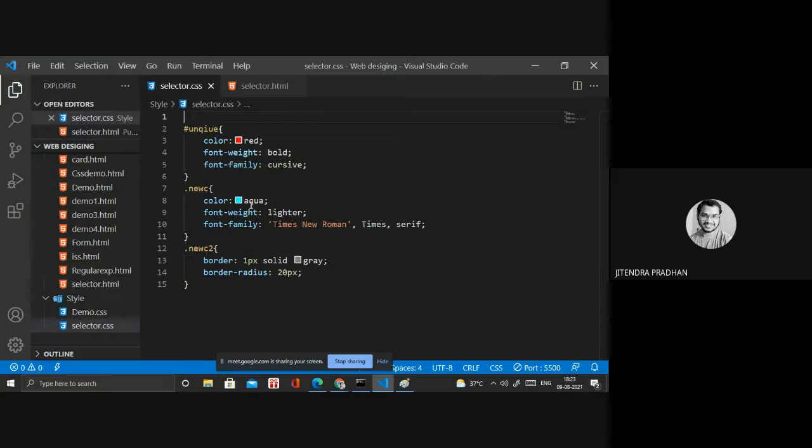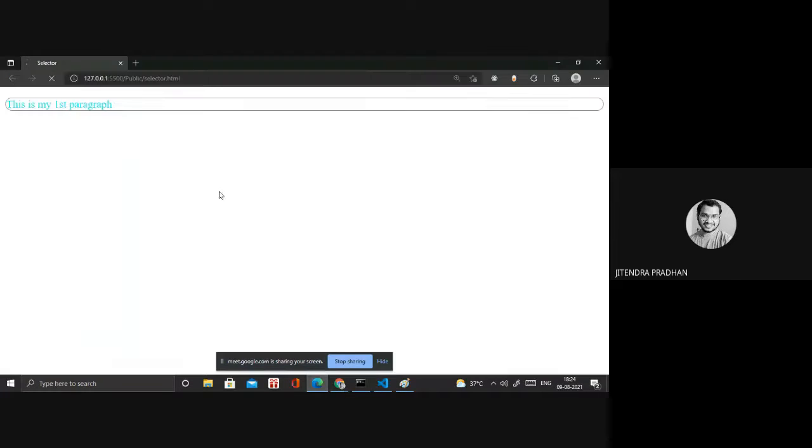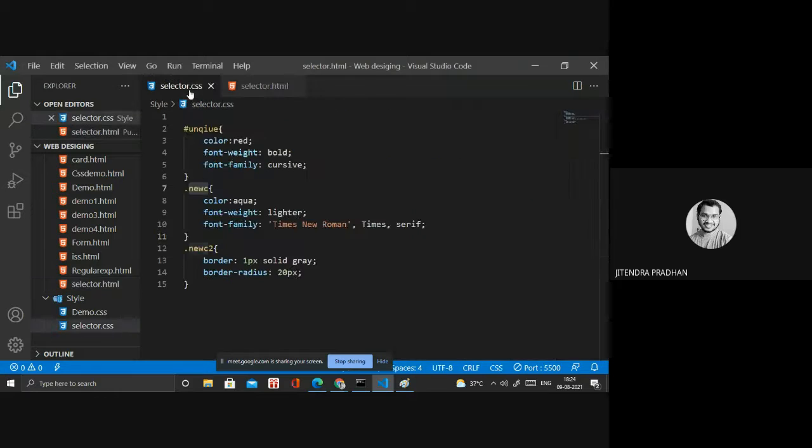New C and new C2, I think, yeah, done. New C, I will copy that one and will paste inside that. Sorry, it's class. No, that's why it's not affected. Wait, class. Okay. Now, have you observed that one? It's applied to both, in that first class it's new C.